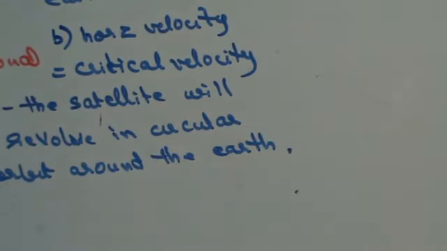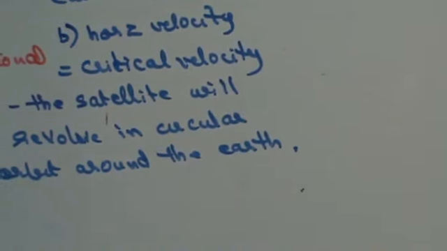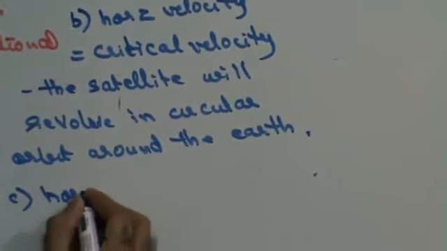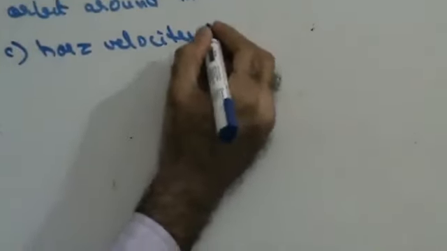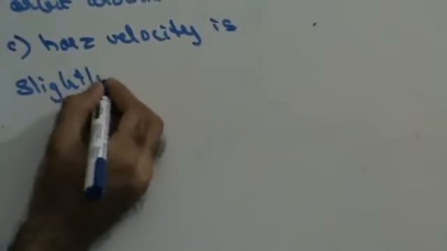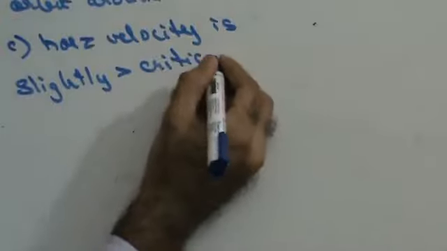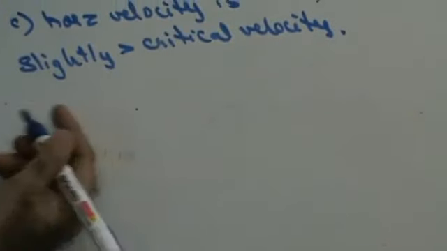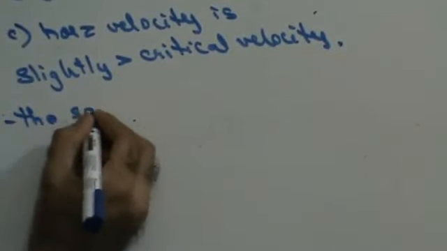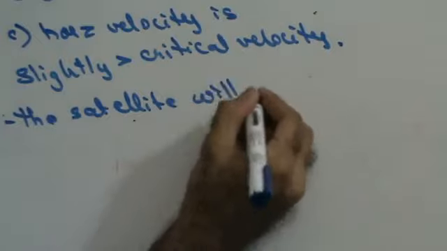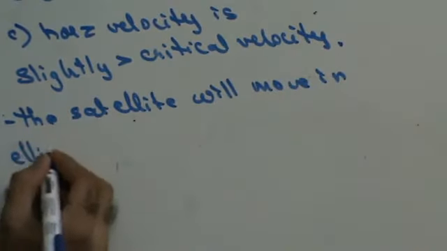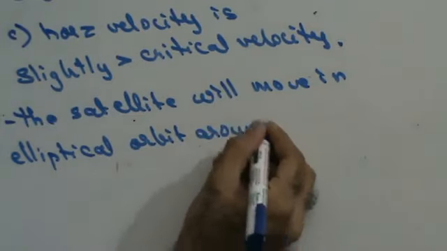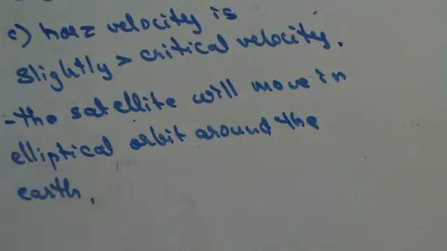Right? Next, if the horizontal velocity is slightly greater than the critical velocity, in that case the satellite will move in an elliptical orbit around the Earth. Right? Next,